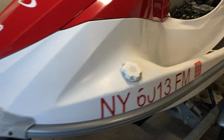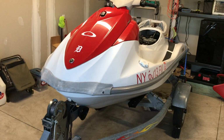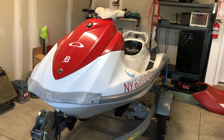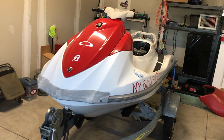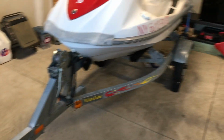Now, I got a fair price on this when I bought it. I say fair, it was a good deal to me at the time. It was kind of in rougher shape. I cleaned it up, but I paid a few grand for it, and now I'm out all that money. I've got a decent trailer, and I'm looking to part out